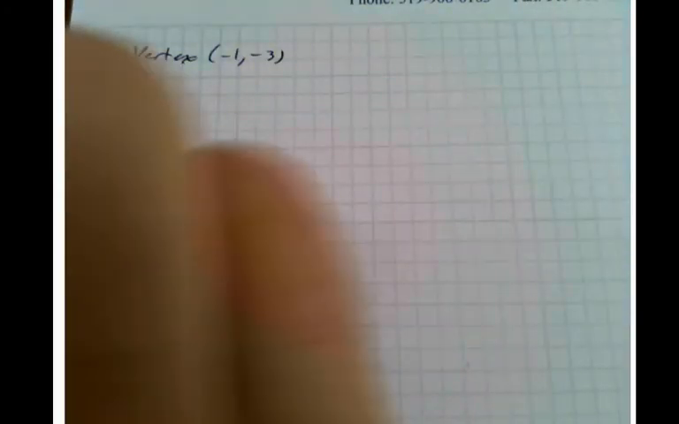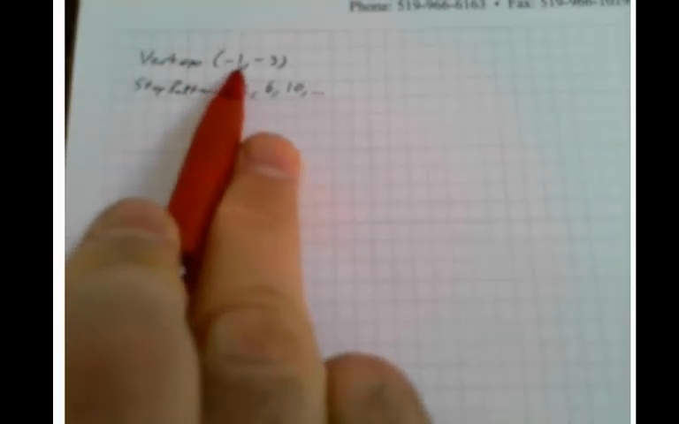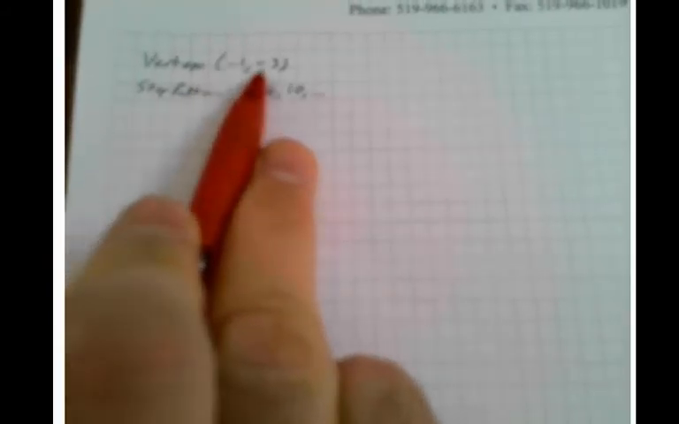So our vertex will be at -1, -3. It's going to open up, and our step pattern is going to be 2 times 3, which is 6, and then 10, because 2 times 5 is 10. And it's going to go on and on like that. So knowing that I'm going to start in the third quadrant where we have 2 negative values, and I'm going to open up, I will make my